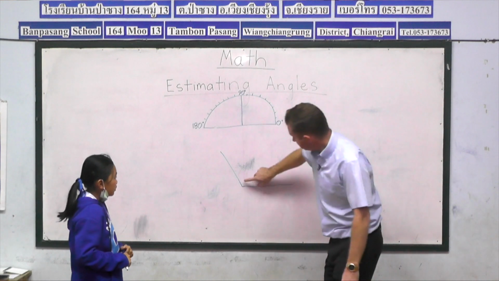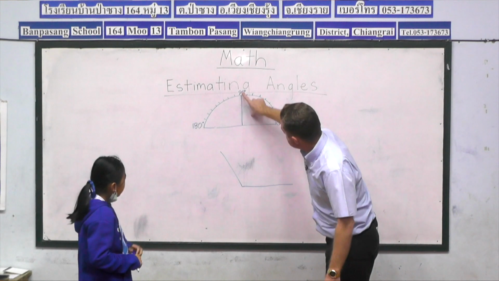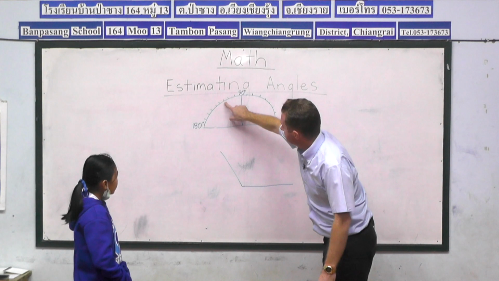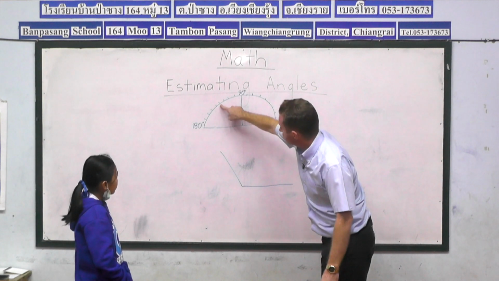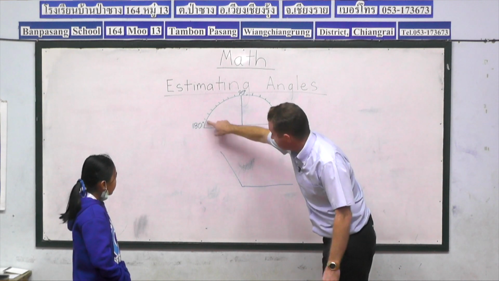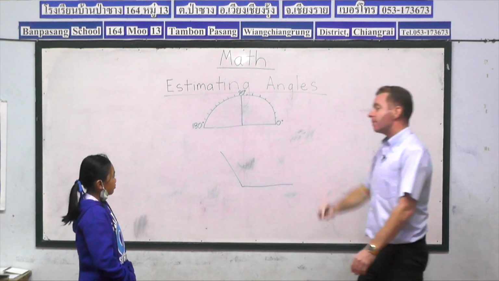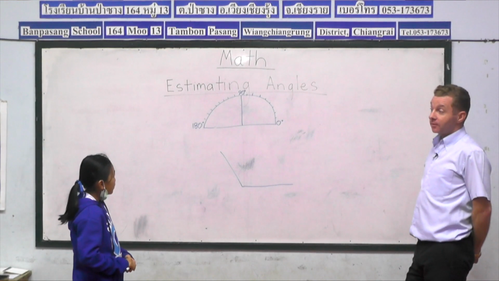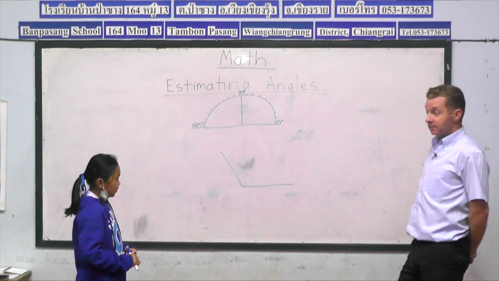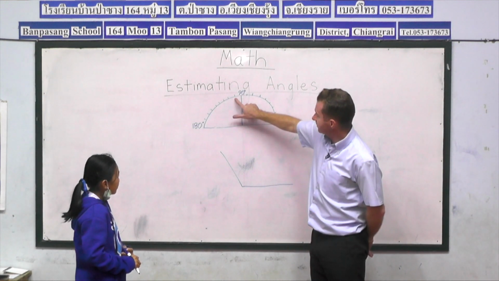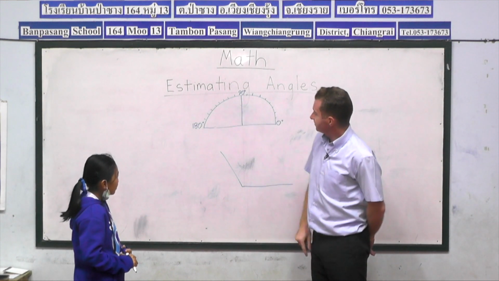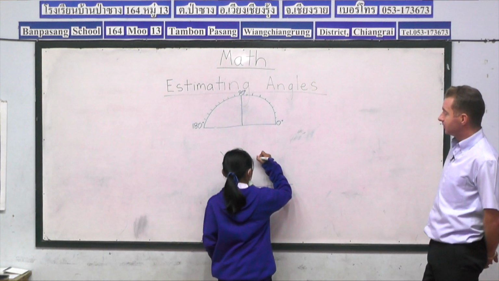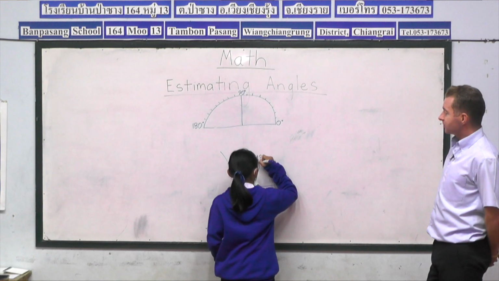So Nadia, if here would be 90 degrees, 100, 110, 130, 140, 50, 60, 70, 80, what do we think about this angle here? Can you estimate? 130. Do you agree, Nadia? 130, 100, 10, 20, 30. Looks good to me. So Nadia, you can estimate the size of the angle. 130